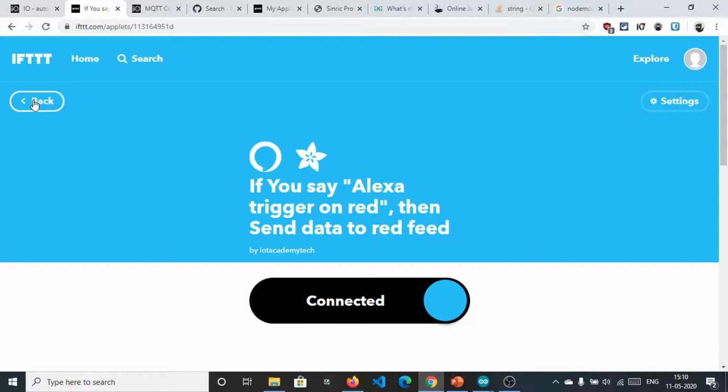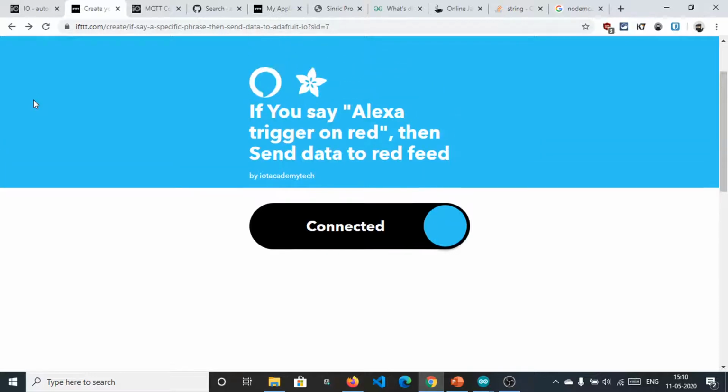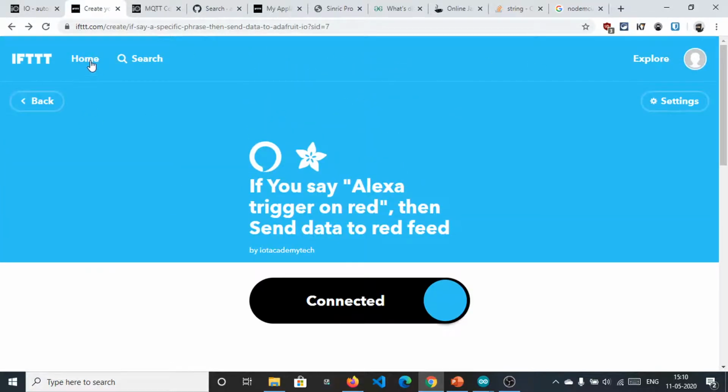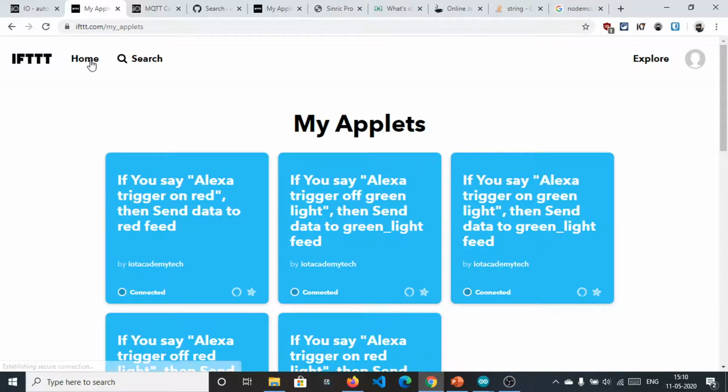So I need to first create other triggers also. So first go to home and trigger if Alexa trigger on red. Alexa trigger on red, this is the phrase.